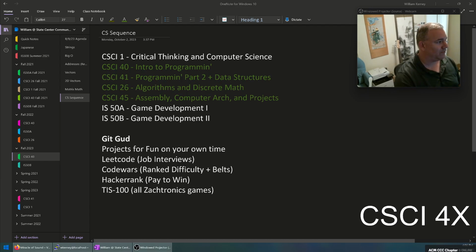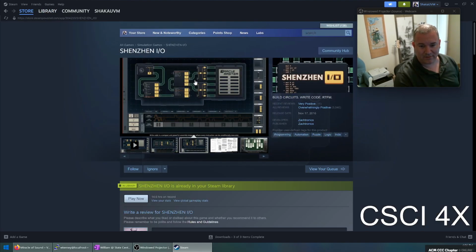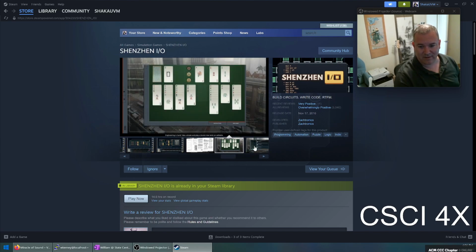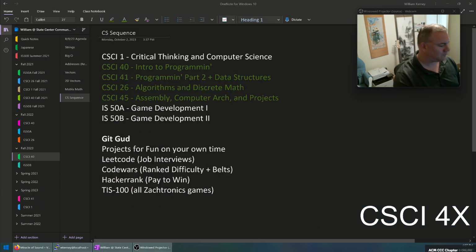Shenzhen I/O is a lot of fun. I love this game a lot. So again, you're programming in assembly. This is assembly here, and you're actually building devices and stuff like that. It's got a fun solitaire game in it. A little bit of a story. So, yep, that's kind of